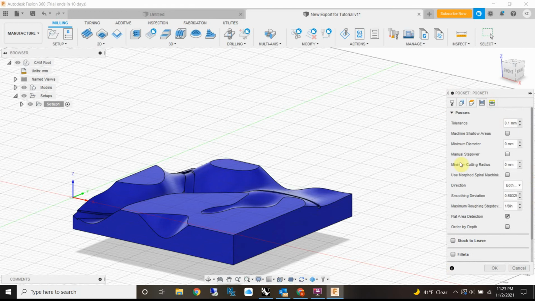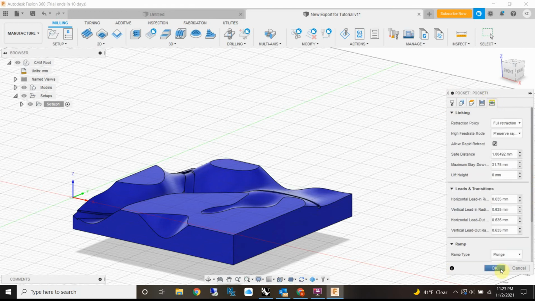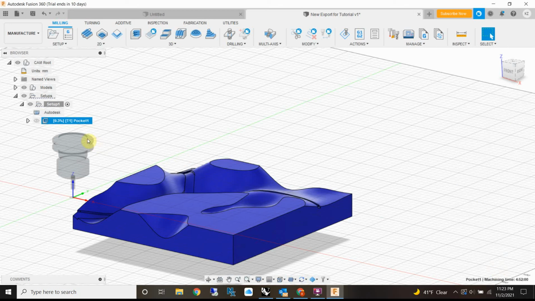So I'm pretty sure everything else here should be okay. So once I'm good with that, I'm going to hit OK. And it's going to generate that over here. So it's taking its time, it's generating it. Oh, it's really taking its time. It doesn't really love this. So while that is generating,